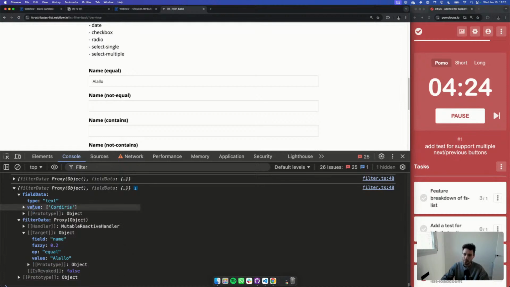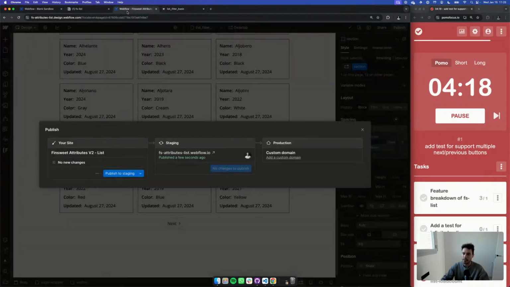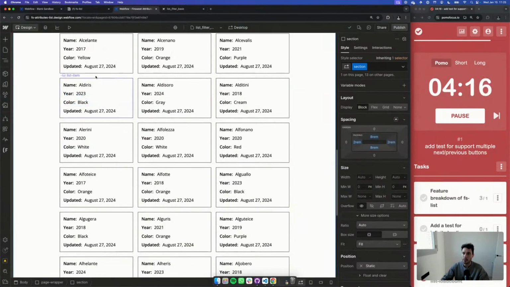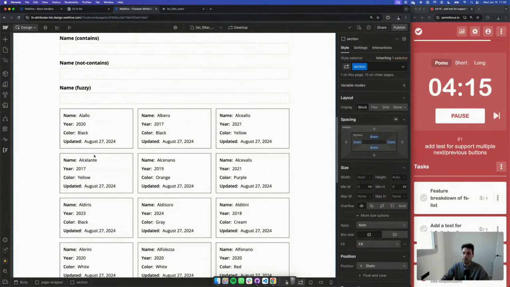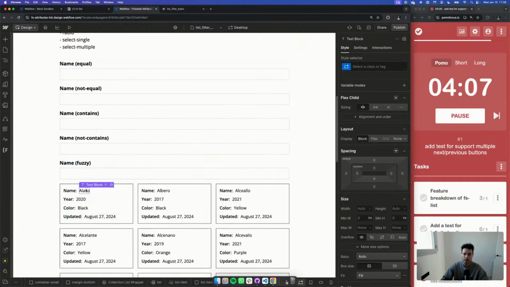Yeah, correct. The reason why we collect the field data, so essentially this data, in an array is because potentially inside here I could have nested lists. So instead of having a single name, I could potentially have multiple names. And in the case of checking for equality, we cannot make it equal when checking a single field against multiple fields.